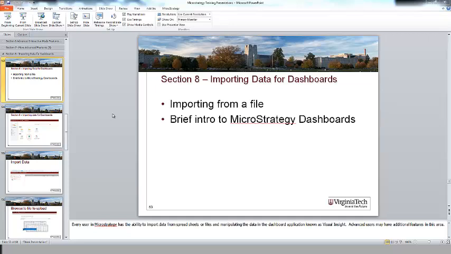In this training, we're going to talk about importing data for dashboards and a little bit about how to work with Microstrategy dashboards. This feature is really useful in importing a spreadsheet and doing analysis and data exploration. Any kind of spreadsheet or comma-separated file will work. Also, it's good for connecting external data with your data that's in